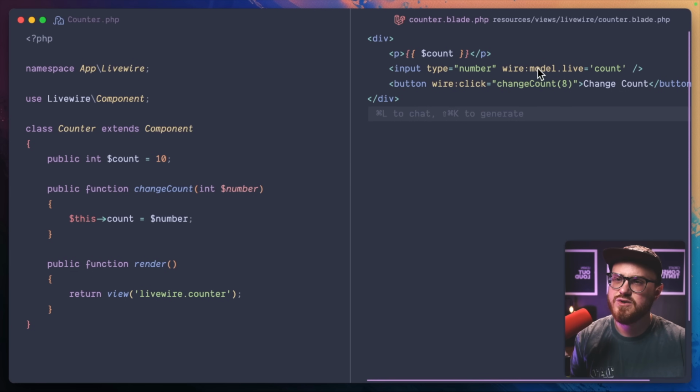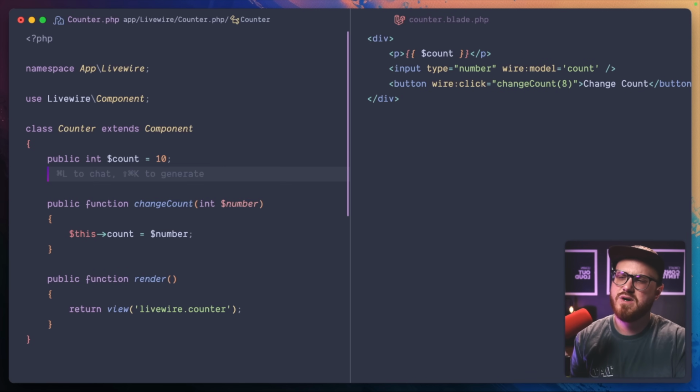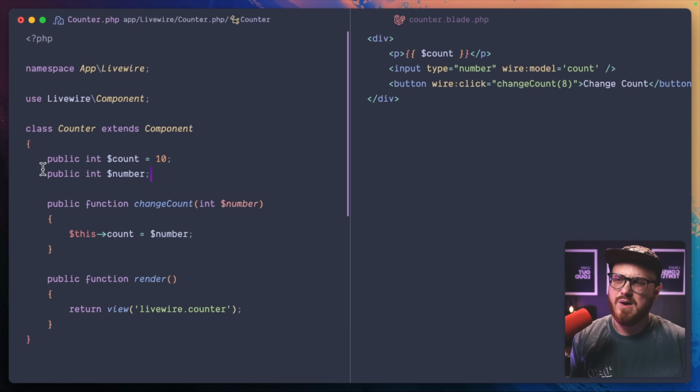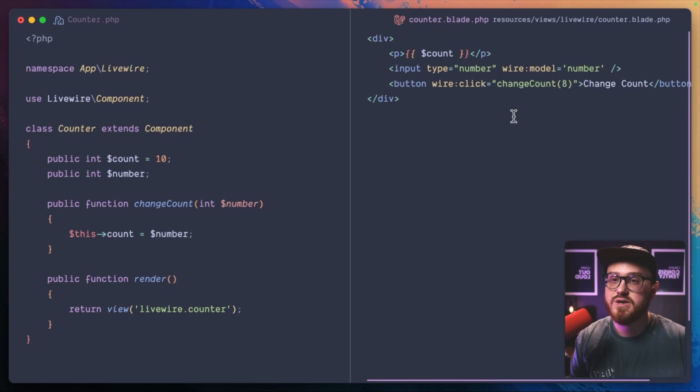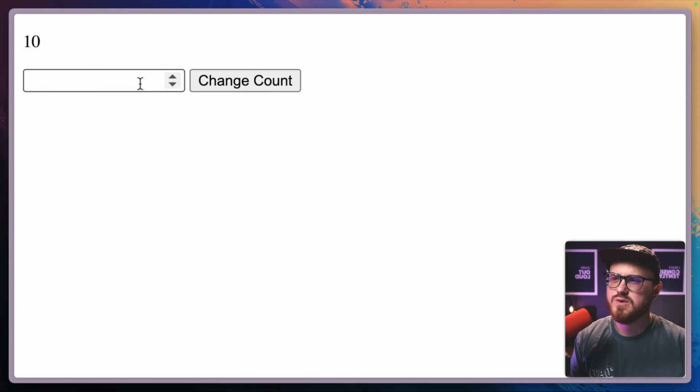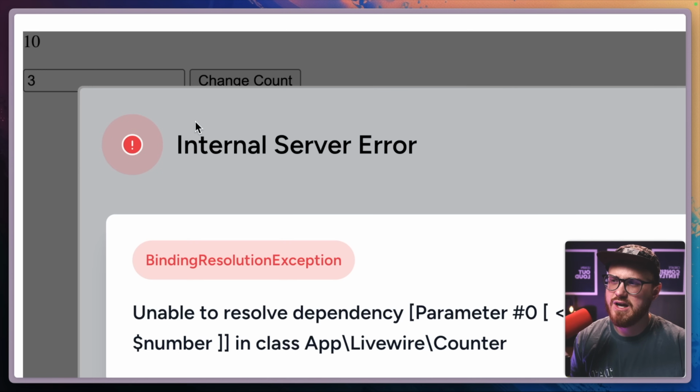But for now, what we're going to do is we're just going to remove the live. And then what we want to happen is, and maybe we don't even call this count. Maybe we want a public int of a number. And we can just set that. We don't even have to set a specific variable for it. And we can change this to number. And here we want to change the count to whatever is in that number. So we can go and say number. And then if we were to go back into our page, we'll go ahead and say maybe 3, change count,